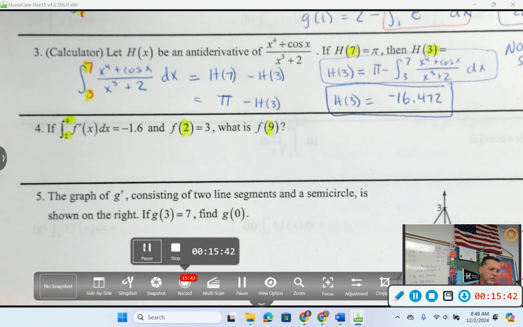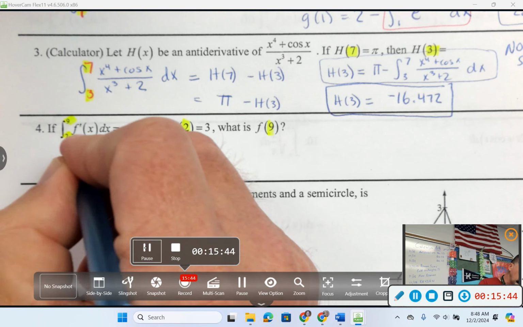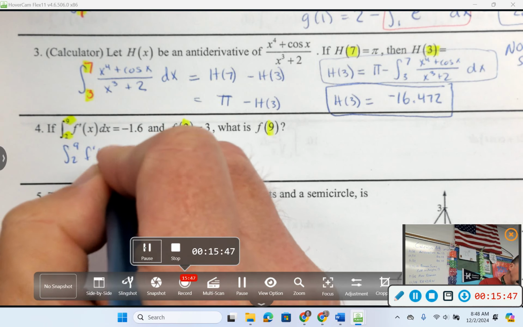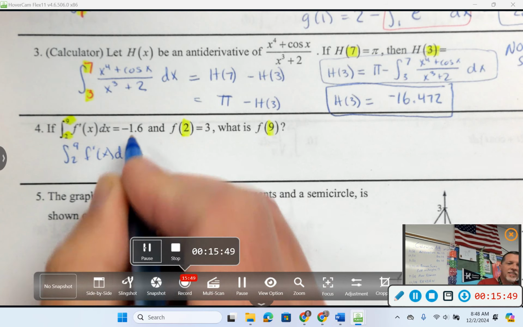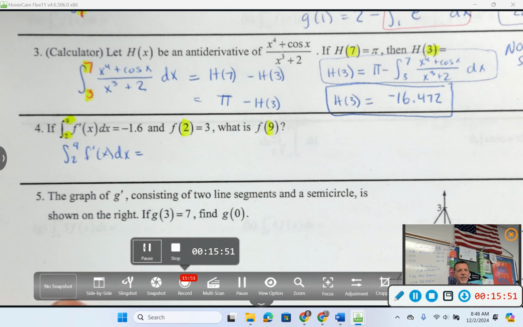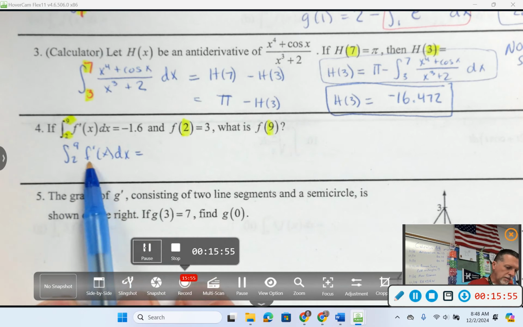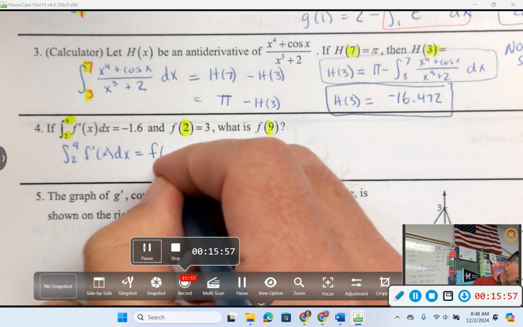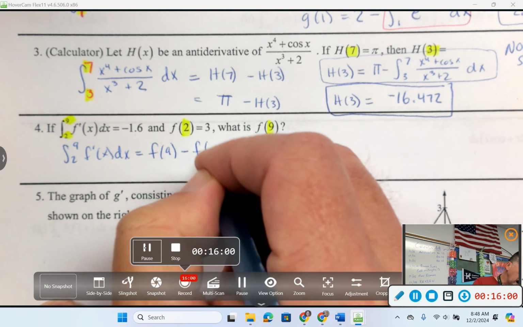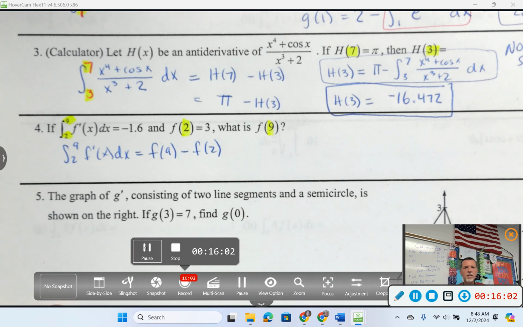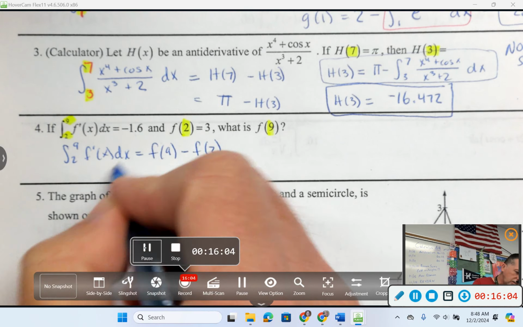So let's write this a different way. The integral from 2 to 9 of f prime. Yes, that's negative 1.6, but that's also the antiderivative of f prime, which gets me back to f of 9 minus f of 2. So they told me that,